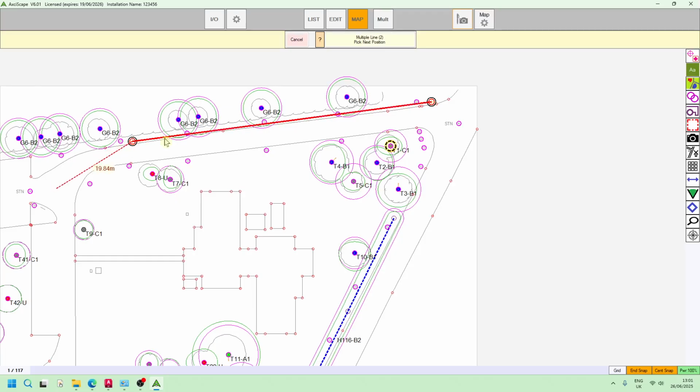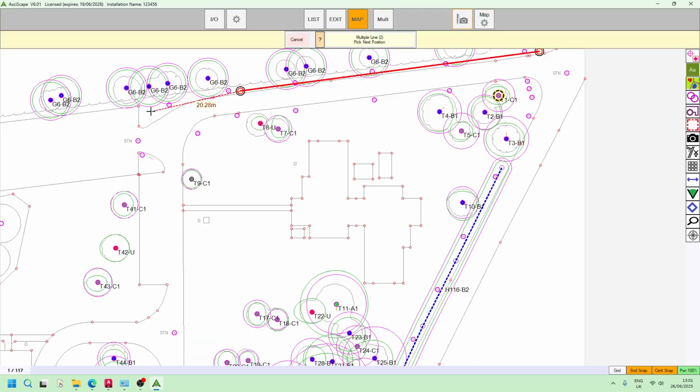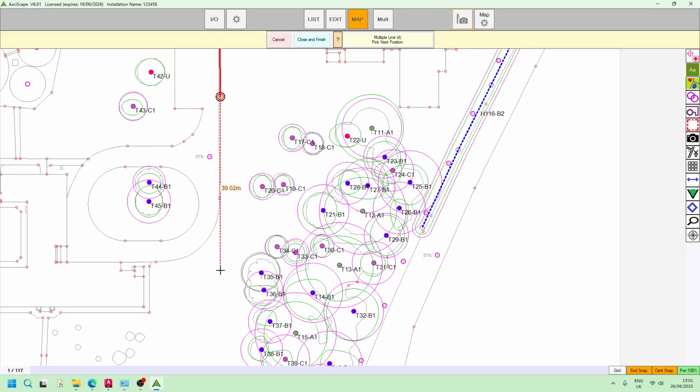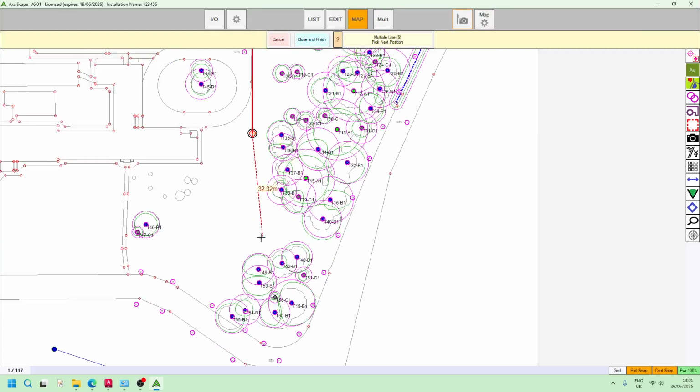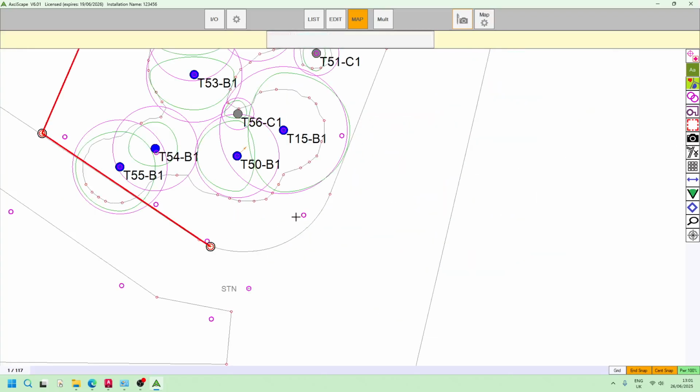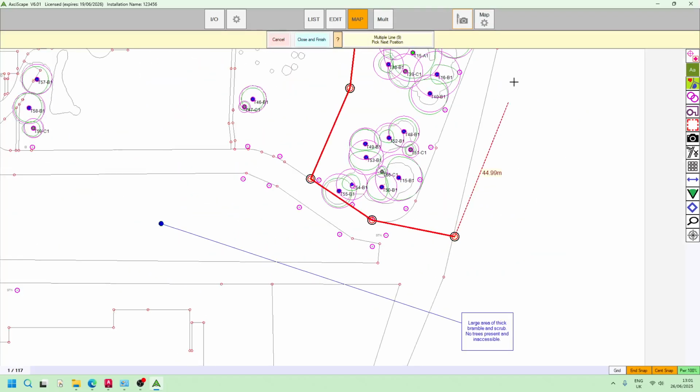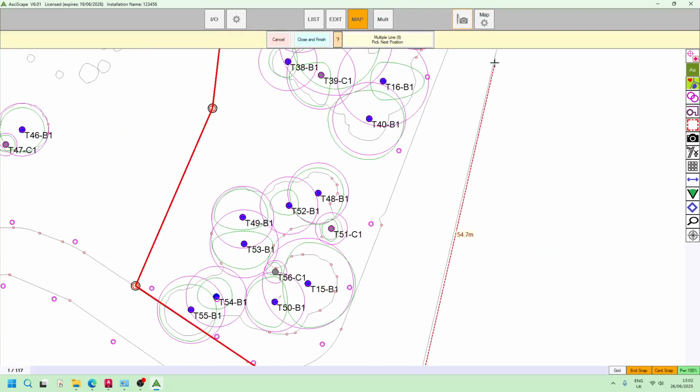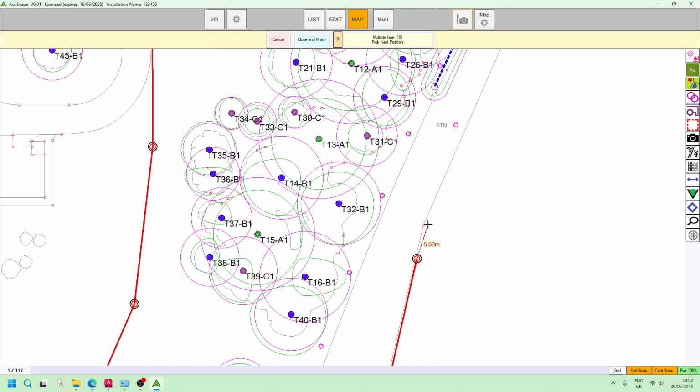I'm going to say it runs just along here. Maybe there's a fence there or something. And it can cross the road there, comes down there. Sometimes if you've been supplied with a proposed drawing, they'll have a red line on there and you can just trace over the red line. So then it comes down here, crosses the road, up here,